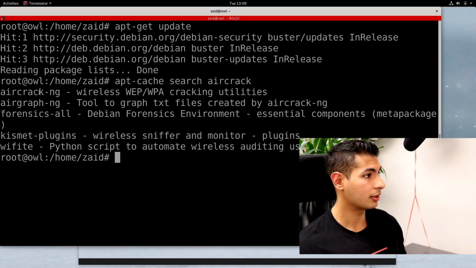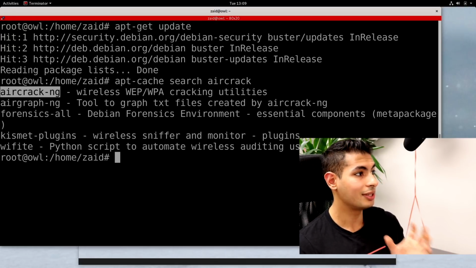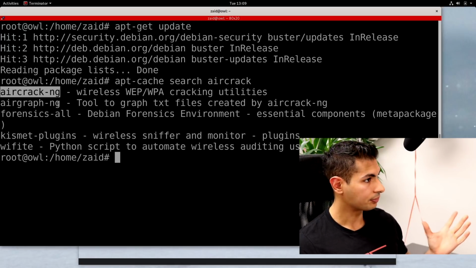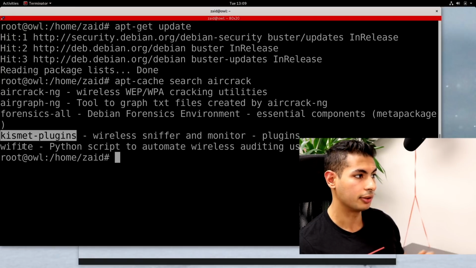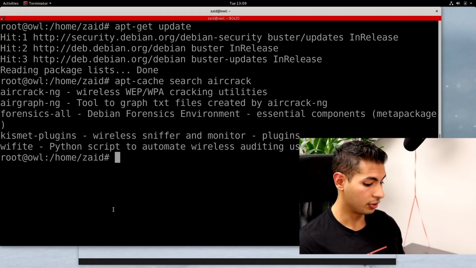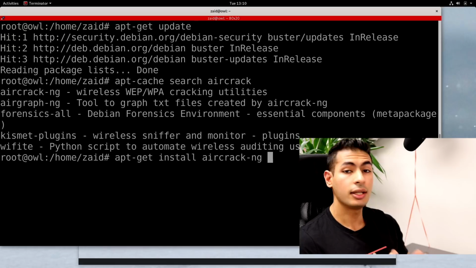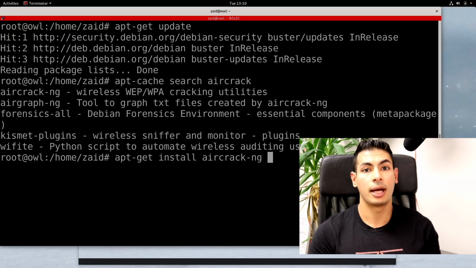So as you can see, we have aircrack-ng, which is what I want. It's a wireless WEP and WPA cracking utilities. We can also see that the name aircrack appears in other packages, such as this one, airgraph-ng, Kismet, and Wi-Fi. So I don't want any of these. I only want aircrack-ng, and therefore to install it, I'm going to do apt-get install aircrack-ng. With the install command, you can actually put any number of packages you want, and the command will actually